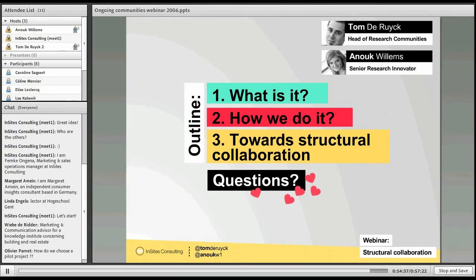So three things that are important in choosing your pilot project. It's think about the culture and let it fit within the current culture. Think wisely about the objective and don't make it too difficult for yourself. And thirdly, start to involve departments that are ready for it. So those are the three dimensions. So I hope, Olivier, that this answers your questions.